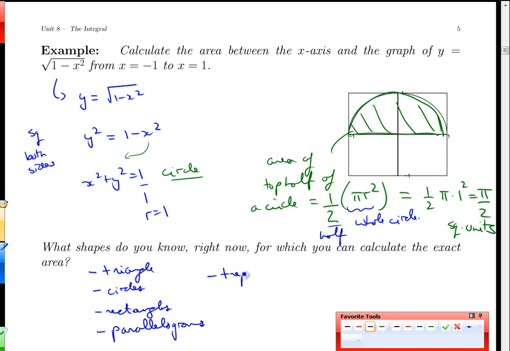Trapezoids, you might have that, because they're all made of, well, wait, hold on, yeah. These are all made, except for circles, just out of triangles, or triangles and rectangles recombined. Trapezoids you can think of as a rectangle with triangles added or taken away. Parallelograms, same thing. Really, we only know how to find the area from high school math of a very, very limited set